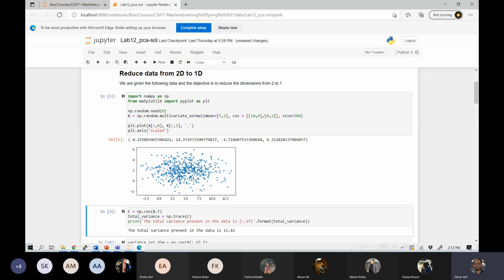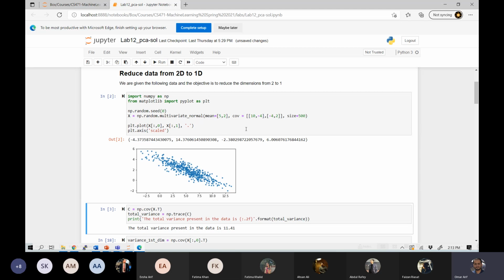And on this data set, there is no need to apply PCA, because the data itself is in such a way that you have the first axis along the maximum variance, the second axis along the second highest variance, and the covariance between the two is 0, right? And so you can easily reduce. If the objective is to keep only one axis, then you can easily see which axis you have to retain and which to ignore. And if it is -4, then you would see that the data would behave like this.